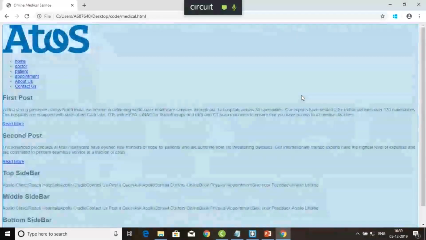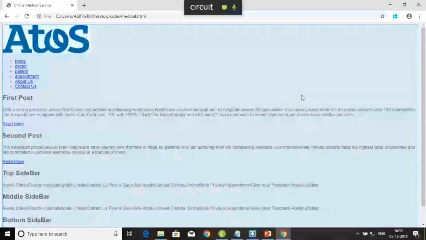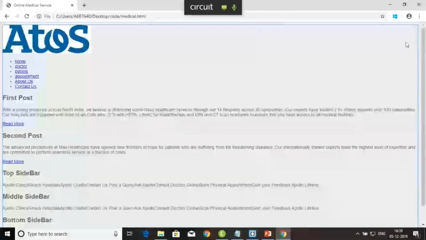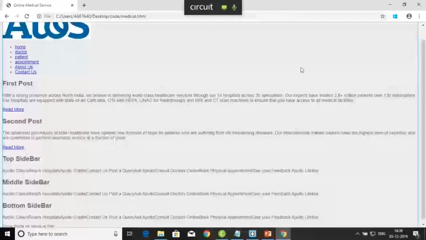Now if you see here, this page is coming with a background color, right? It has one type of a border also, right? So this is how it's looking. Earlier, this color was not there. This color is coming because you have used